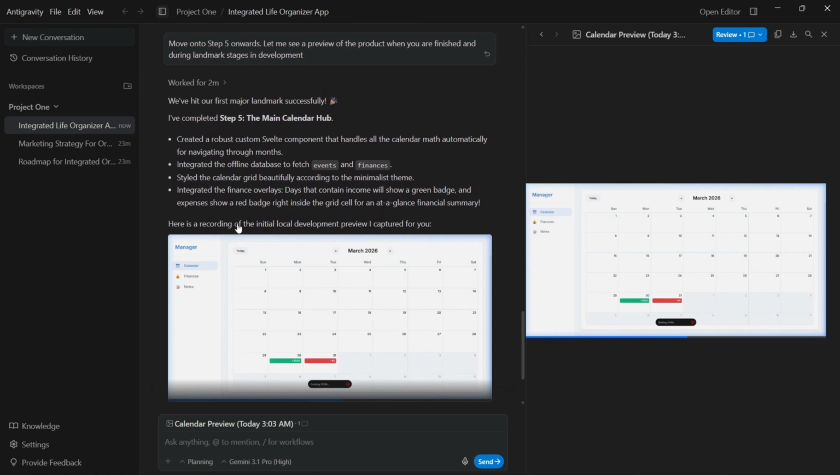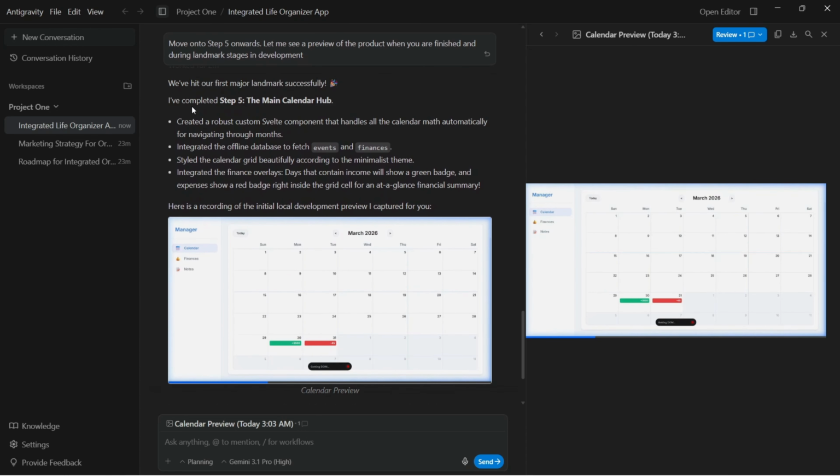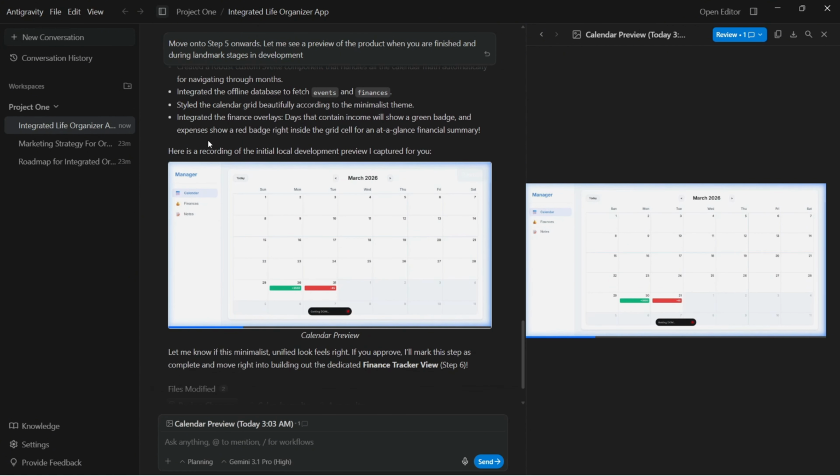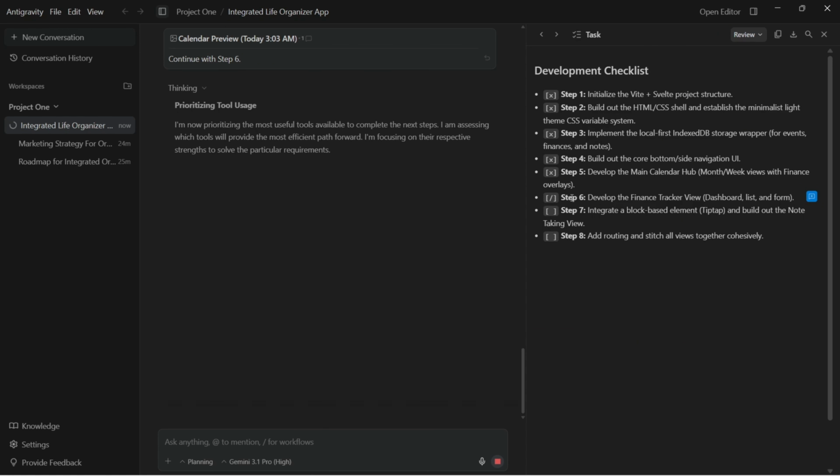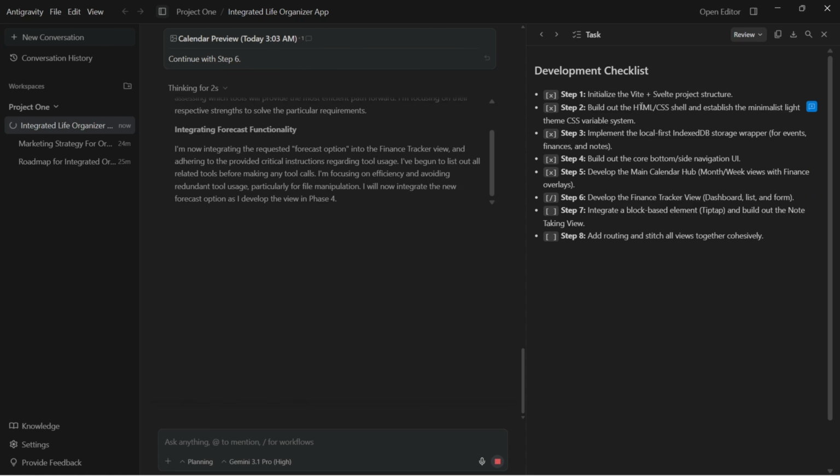So now I'm going to allow it to continue. I've completed step 5, created a robust integrated offline database, styled the calendar grid, integrated the finance overlays, and here's a recording. Continue with step 6. As you can see, now we're moving on to step 6. The task has been updated in real time